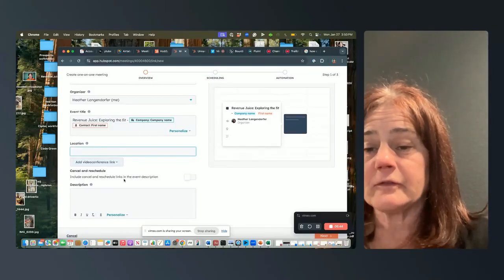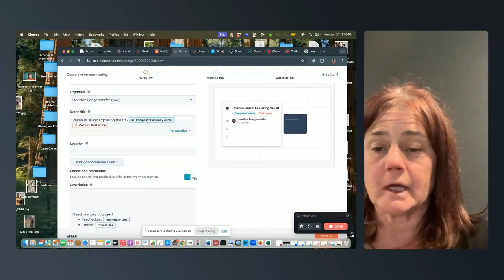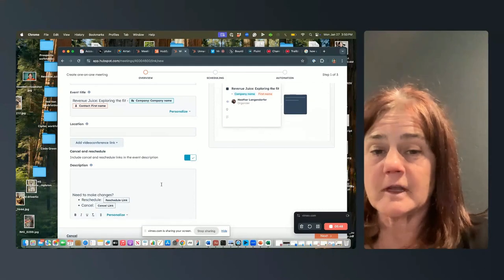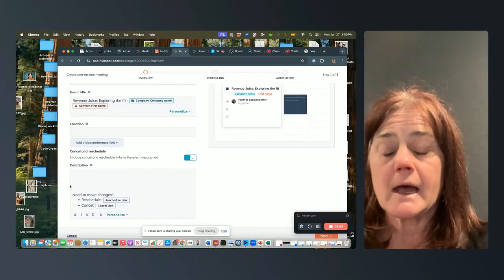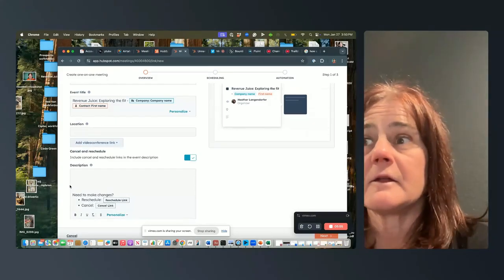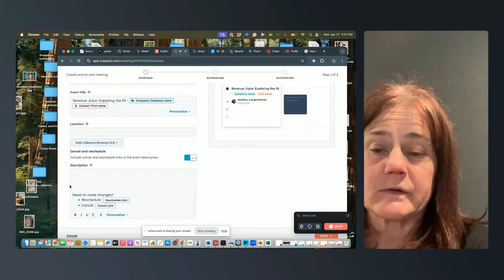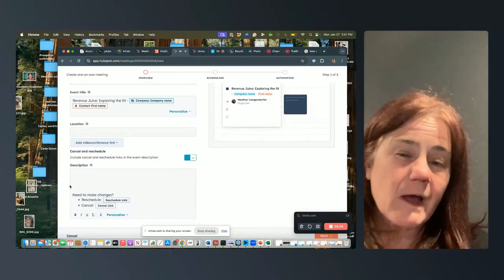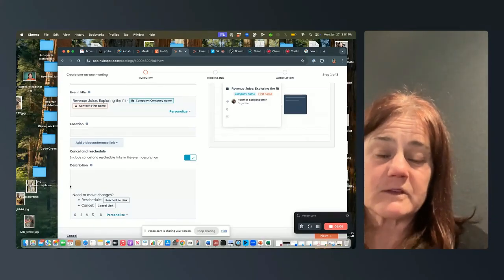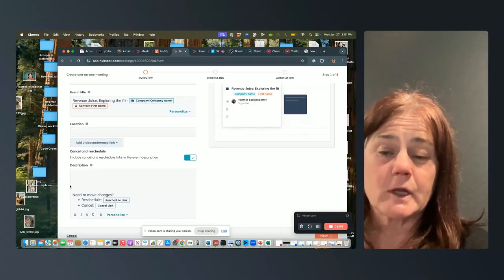So this cancel and reschedule. This is an interesting one. This, if you turn it on, will allow people to add into, let's say that 2 hours before and they want to cancel or reschedule, they can come do this. Now, one of the things that we've been finding is when you leave this on, it does increase your cancellation